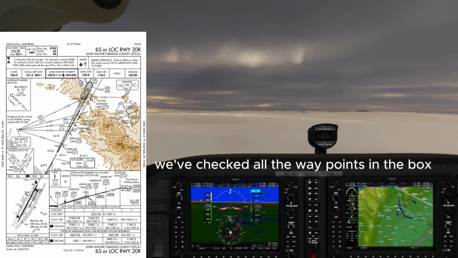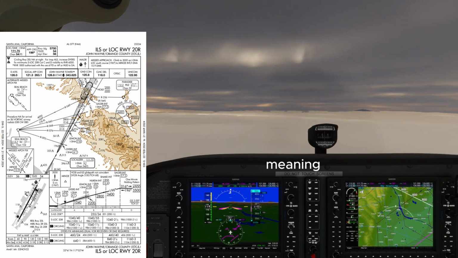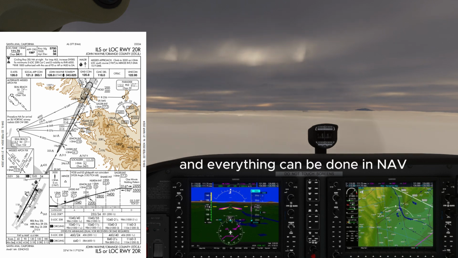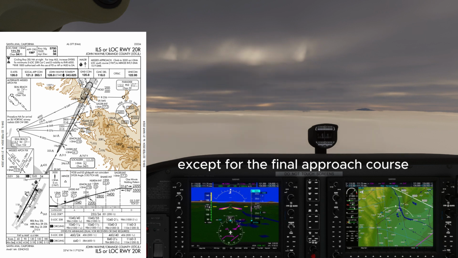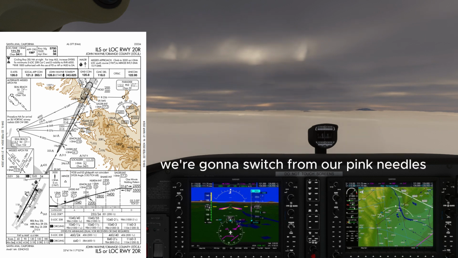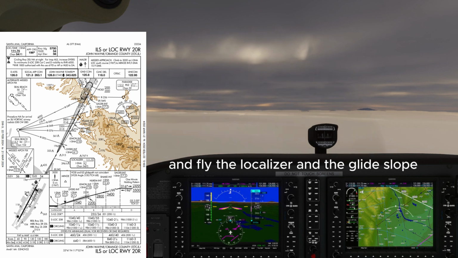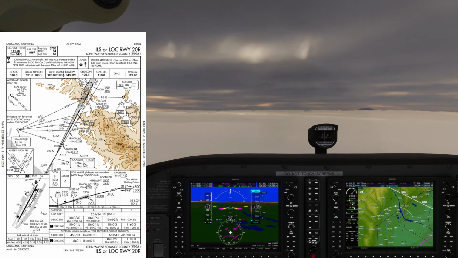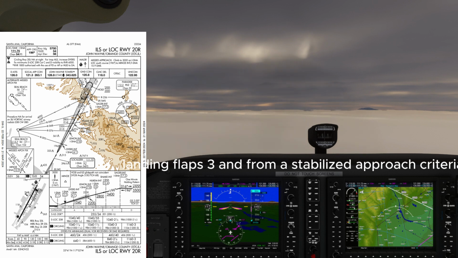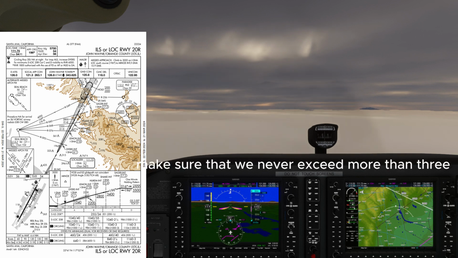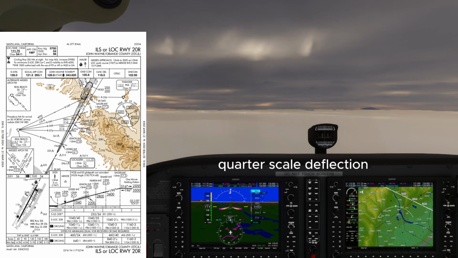We've checked all the waypoints in the box, meaning that all the waypoints line up in the flight plan, and everything can be done in nav except for the final approach course from Lemon inbound. We're going to switch from our pink needles to green needles for that, and fly the localizer and the glide slope down to our minimums. We're landing flaps 3, and from a stabilized approach criteria from the final approach fix, we're going to make sure that we never exceed more than 3/4 scale deflection